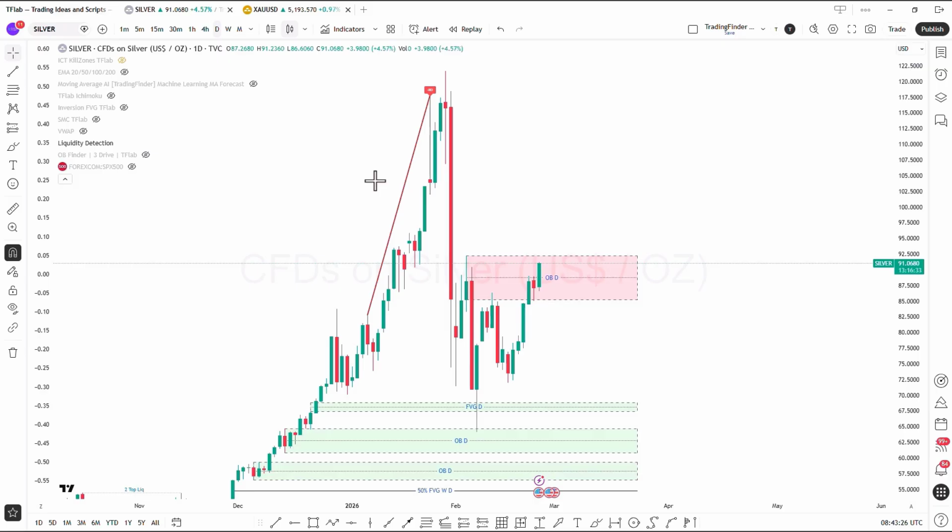Hello and good day. This is the daily analysis of the silver symbol on February 25th. The price yesterday experienced selling pressure and ultimately reacted to a highly significant level. As of today, with an aggressive move, it is